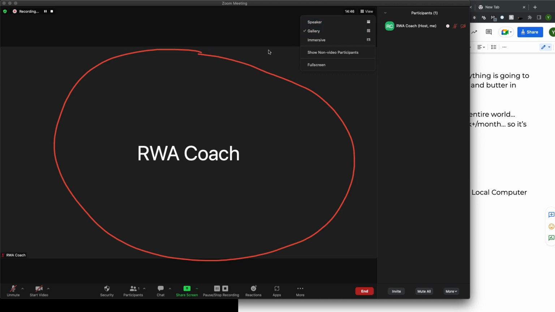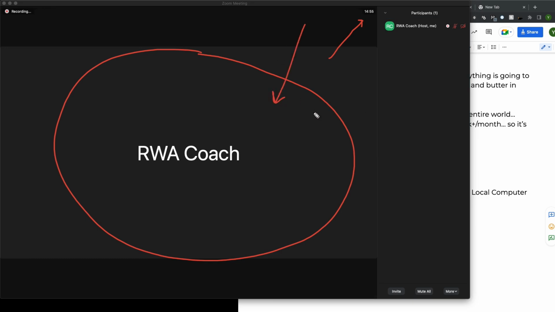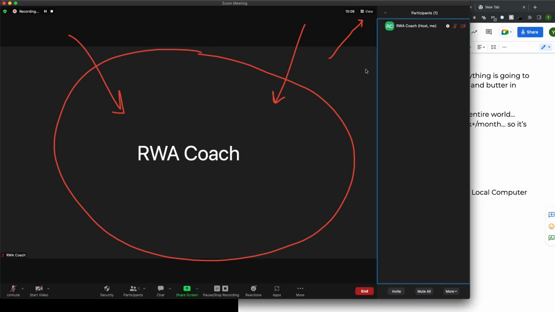That's number one. Number two, sometimes when there are other people inside of the meeting, you can actually pin somebody so that they show up on the main screen. You want to be careful, because let's say you pin your student, so the student is the one showing up on here. Even if you are in gallery view, if the person is pinned, they are the only one that's going to show up in the recording. So even if you're talking and interacting, you won't show up in the recording. This is very important to understand.